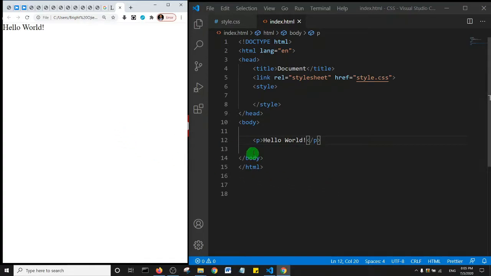Now, block level elements, as we said in HTML, take up the whole width of the page that they are on. So if I add another paragraph here and I say welcome, and I refresh, you see it appears on another line. So these elements by default display as block level elements,